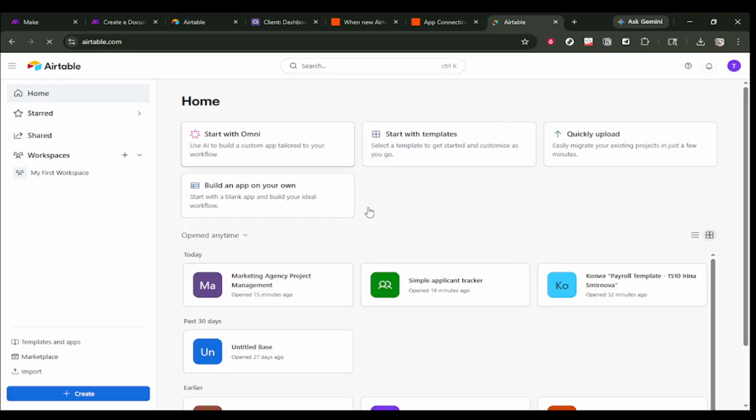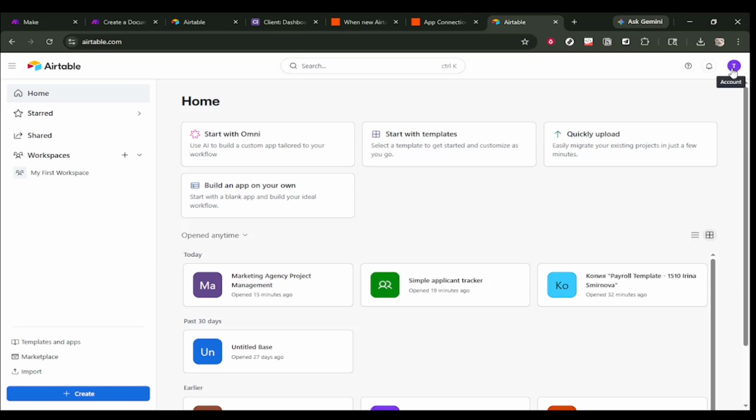In today's video, I'm going to teach you how to connect to any OAuth2 API in Airtable. To begin, open your web browser and go to Airtable. Make sure you are signed in to the correct workspace, because OAuth integrations are managed from your account settings and builder tools. Once you are on the Airtable home screen, look toward the top area of the interface where your